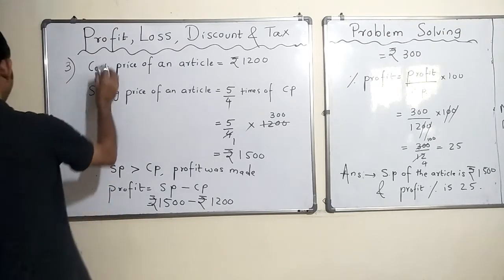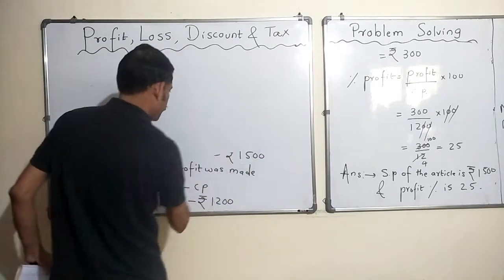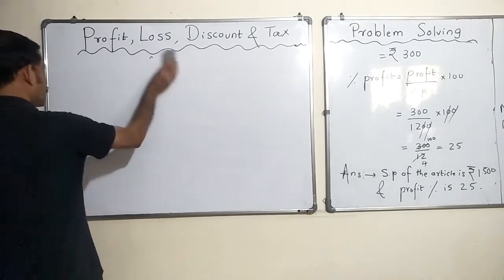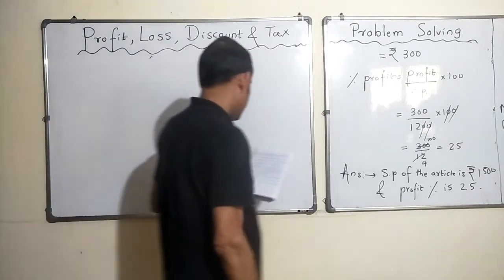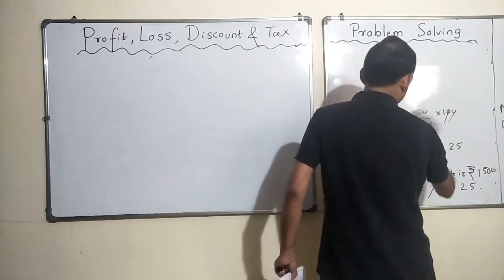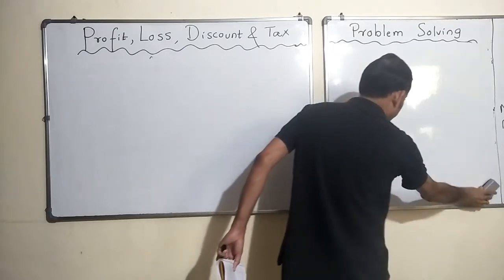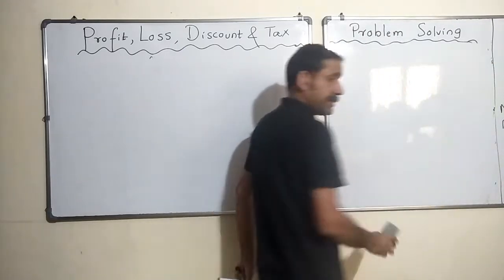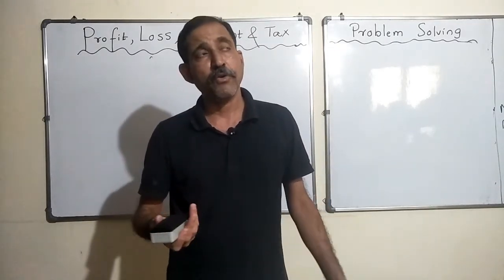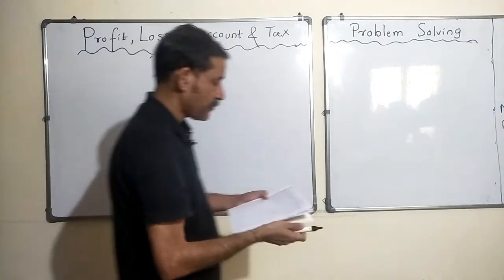Okay, the fourth problem. So the next problem is about a fruit seller, right? All right, and typically fruit sellers can make a profit and sometimes they make a loss because fruits can be spoiled over a period of time, and in that case you may have to offer your fruits at a lesser price than what you actually paid for, right? So let's see what happens to this fruit seller.